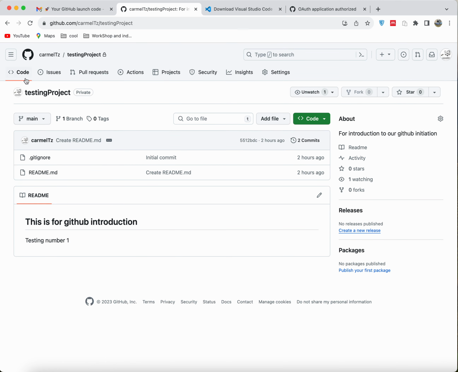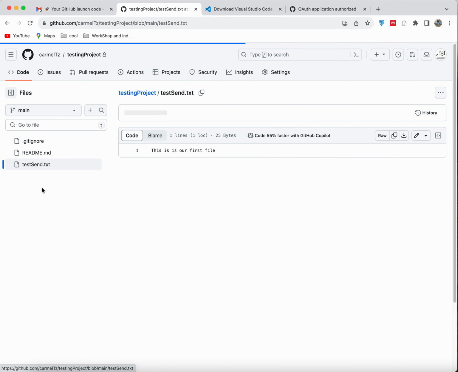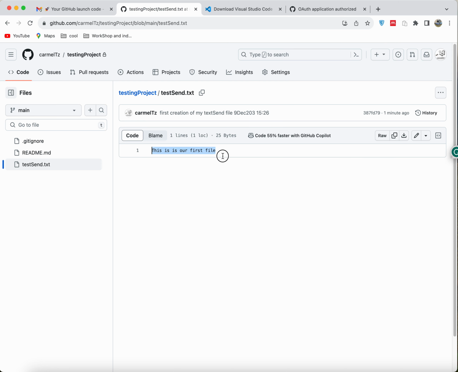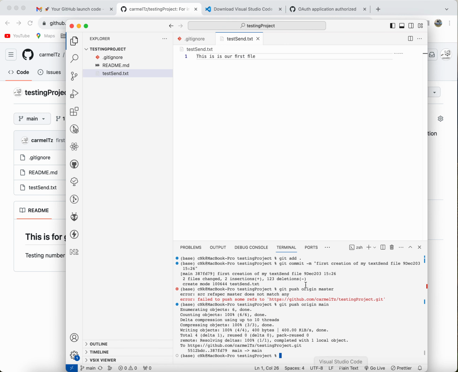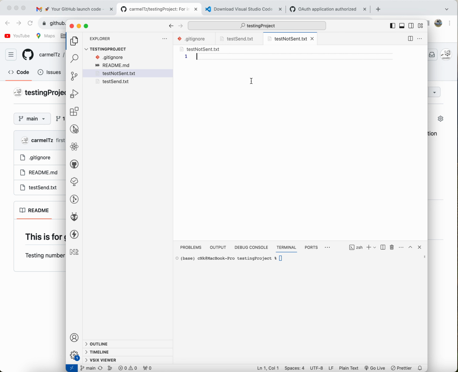And if I come online here and I just refresh, you can see now my test sent file is already here. If I click on it, you can see the line of text I added is online. Now after that, let me just come again in my VS Code and I add another file. Now this one I don't need to be sent. Let me call it test not sent.txt. Then I write here, this is not to be sent online,